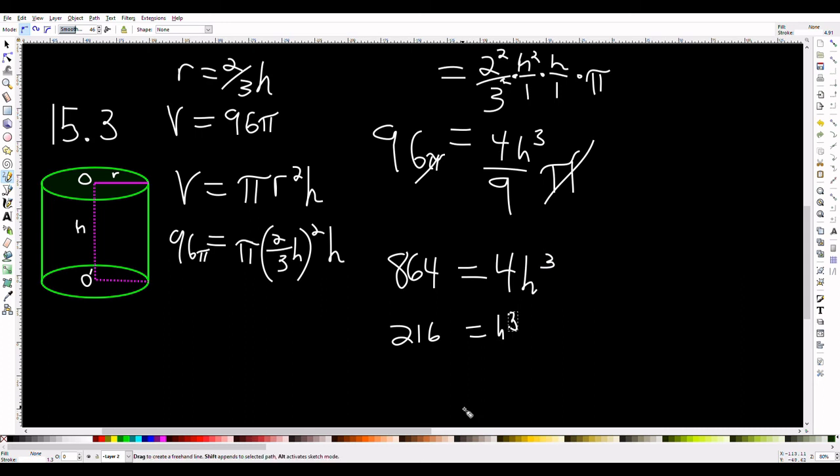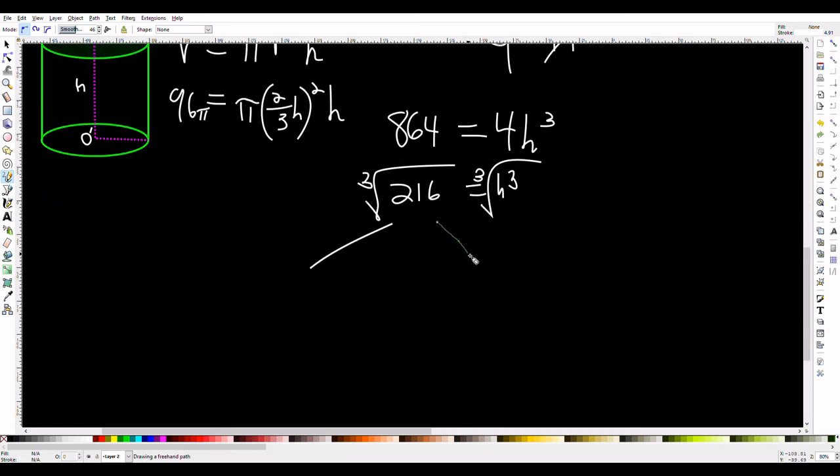And now we have to undo the cubing. So we're going to take the cube root of both sides. And I do want you to get this, so work it out with me or try to work it on your own in advance. Okay, let's reduce this by dividing it by 4. I think that's the obvious thing to divide by. That's probably what you will divide by. So you get 4,